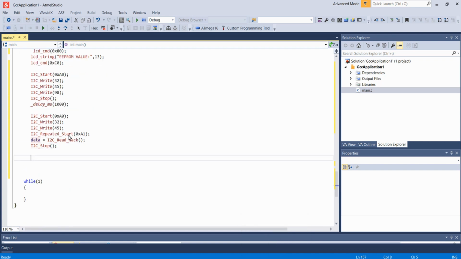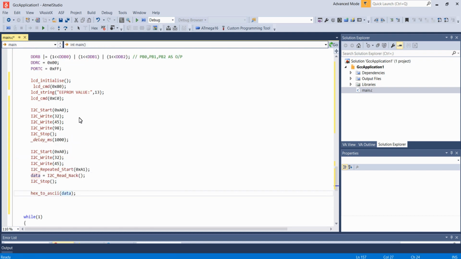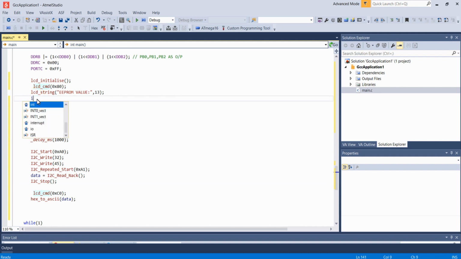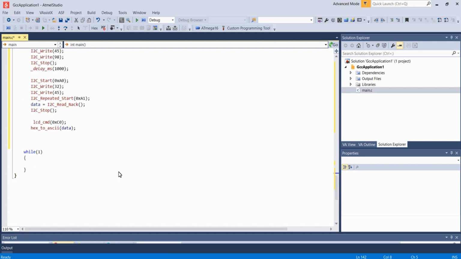Then we just want to print the data that we get to the LCD, right? For that we can use the text to ASCII function, and we are passing the variable data. So this will print the data variable onto the LCD. So I'm going to the second row first column of the LCD and I'm printing the variable data. So initially I just forgot one step, that is I just want to initialize the I2C communication using the I2C initialize function. So this function will initialize the clock of the I2C to 100 kHz. So that's it about the programming part.